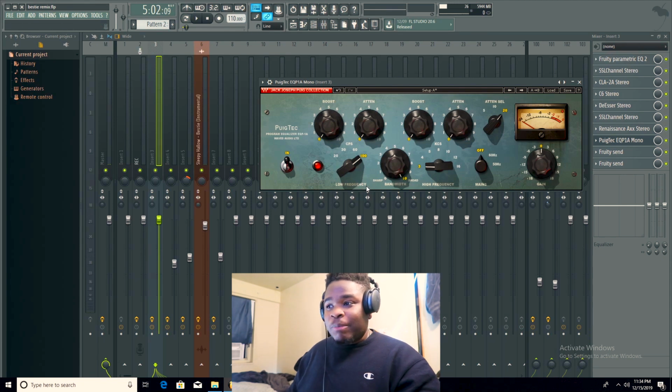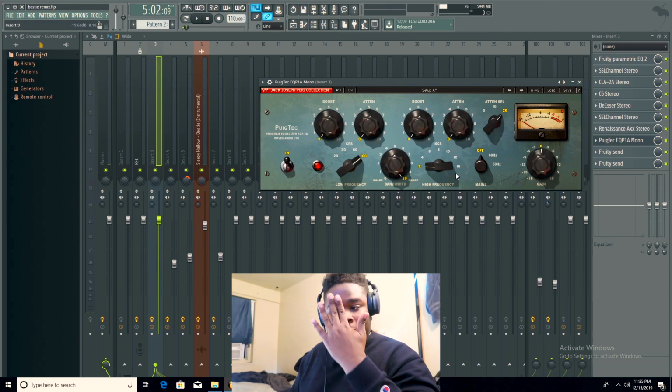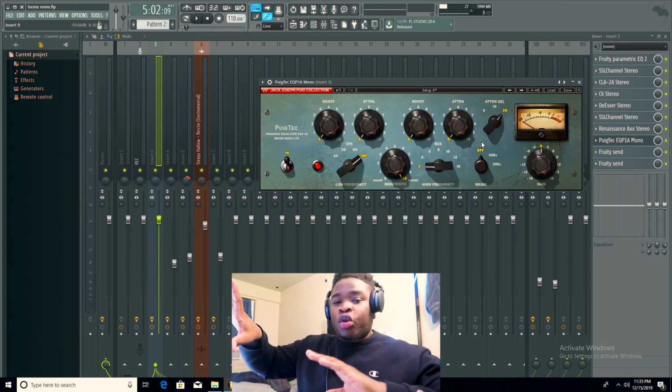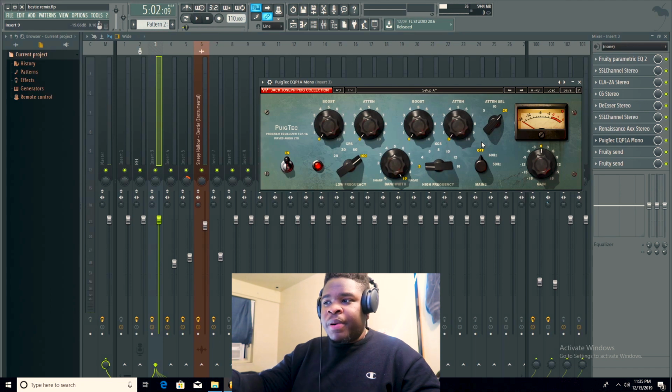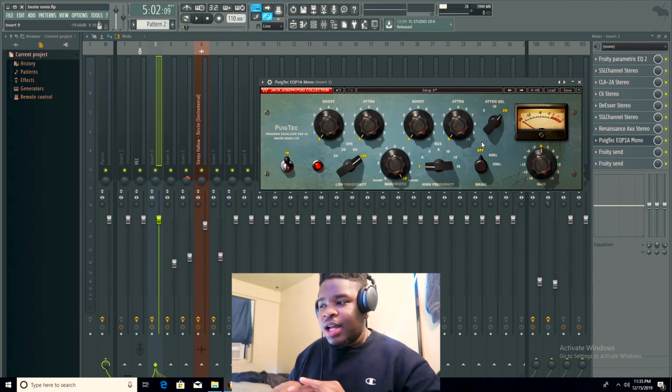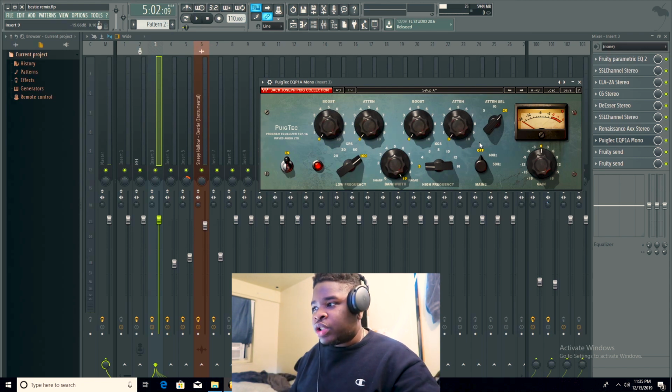So the plugin alone does so much for your vocal, but once you start messing with the dials, even more. I didn't touch any of the dials because I didn't need to. I already boosted all the frequencies that I wanted, and the tonalities that you get out of the plugin are perfect. So I just left it without touching it.